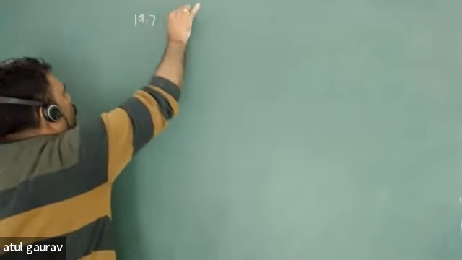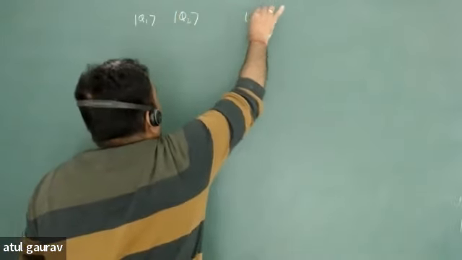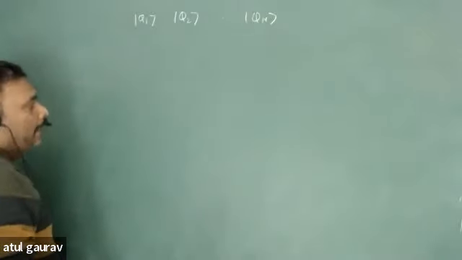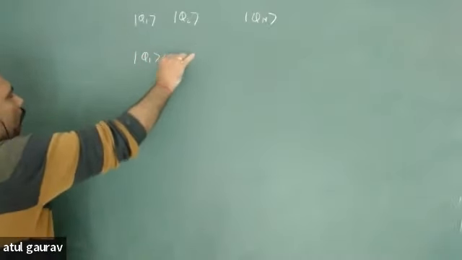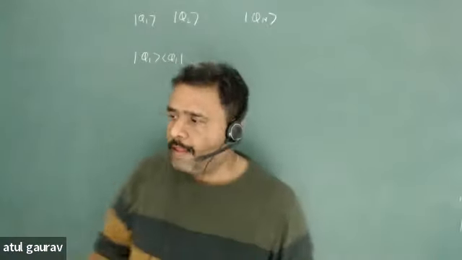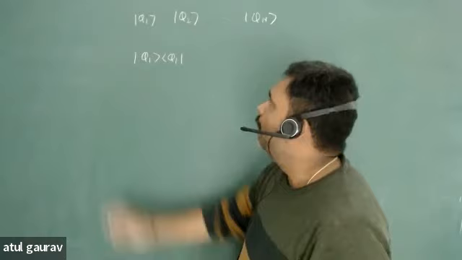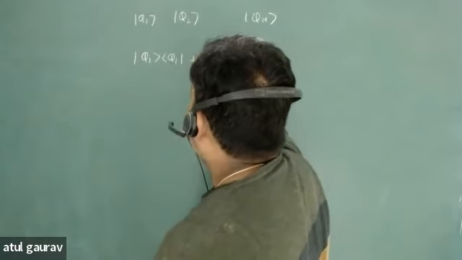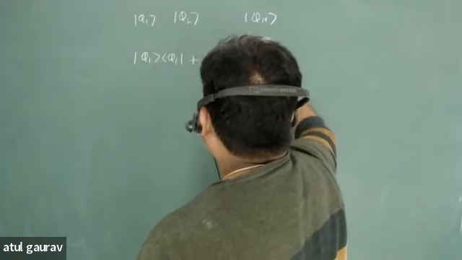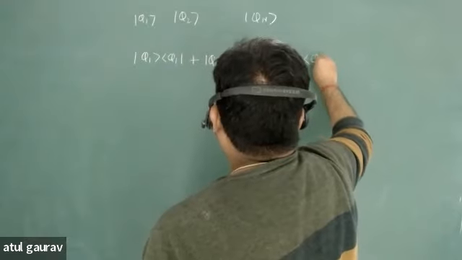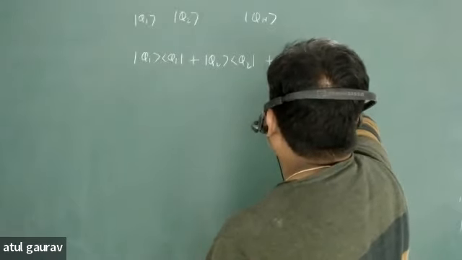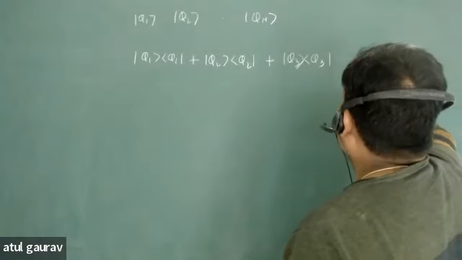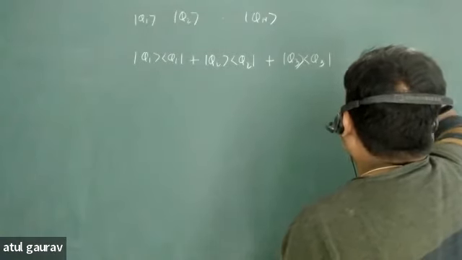So suppose I have a basis phi 1, phi 2 up to phi n, and if projector of phi 1, plus phi 2, phi 3, up to phi n is equal to